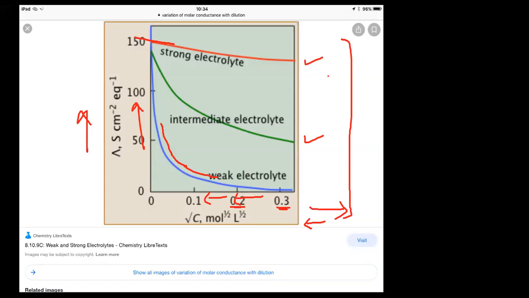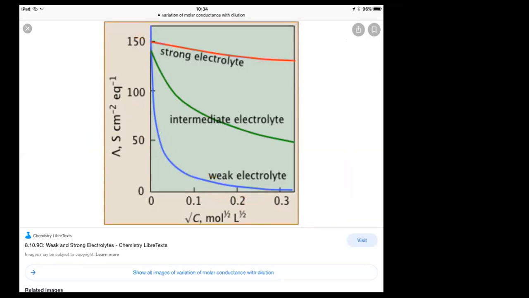How to, what is the contribution of each ion towards the conductance and how it is used in measuring the conductance of weak electrolytes at infinite dilution. So this is, I think, enough for today. And maybe in the next class, we will be again taking up the conductance chapter, taking Kohlrausch's law.